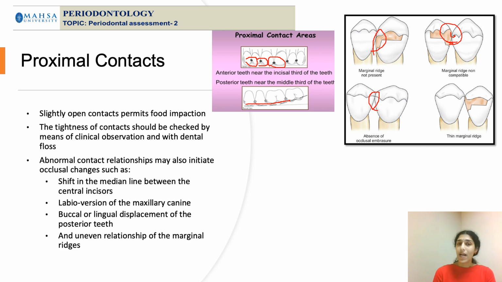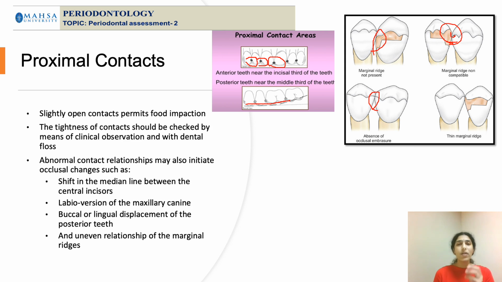But you may ask me, doctor, how do I know that I need to verify the proximal contacts? It all depends on how good the history you take. When your BPE score shows a generalized periodontitis, probably you don't suspect it. When you examine the teeth yourself, you know how well they're aligned and how many teeth have proximal restorations. All these things will give you a clue.